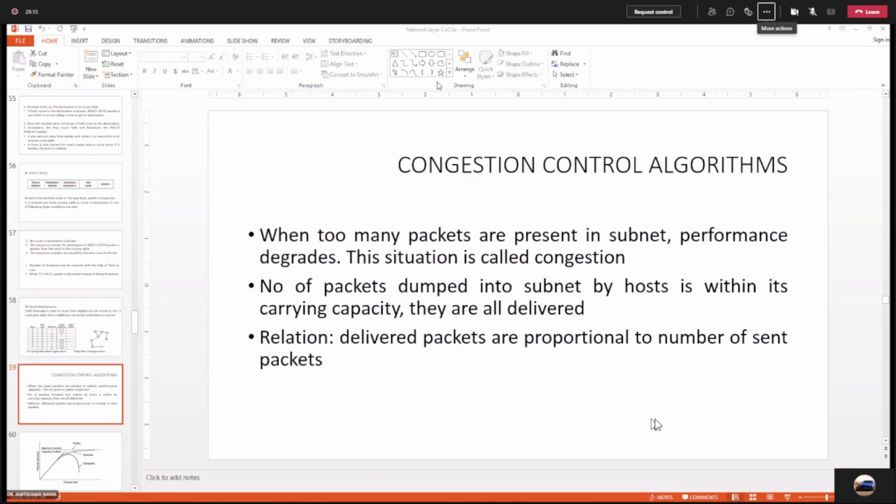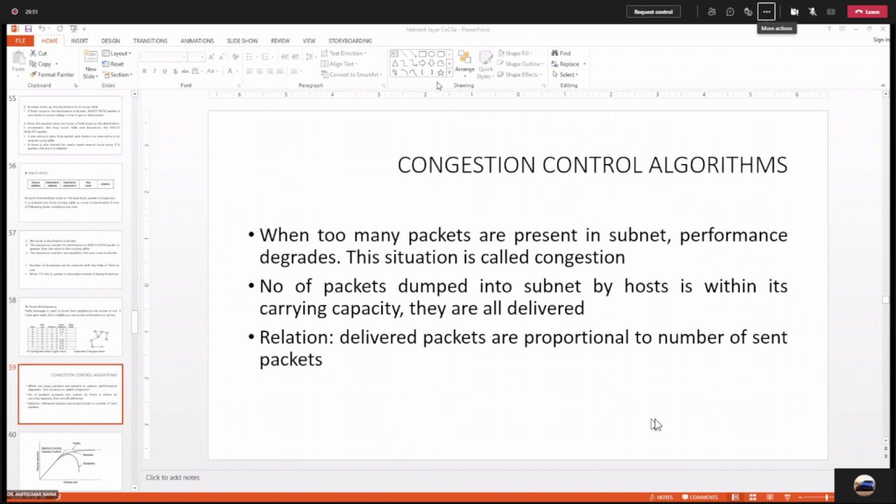Now the most important question, and this question can be asked in the exam. I have asked this question at least 3 or 4 times in the university exam, and that question is: why is it very difficult to implement routing in a wireless network? A straightforward answer is not available in the PPT or in the textbook, but you have to think about why it is a challenging task to implement routing in a wireless network.